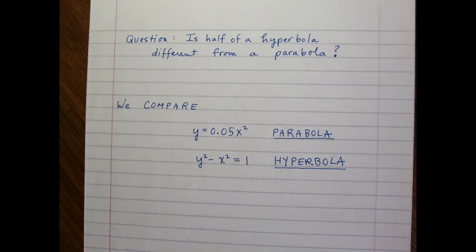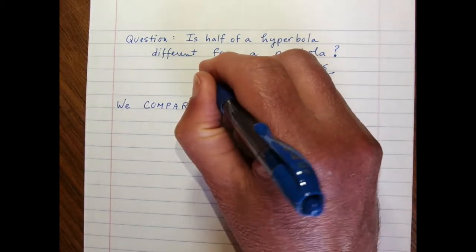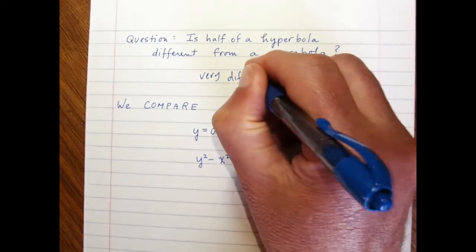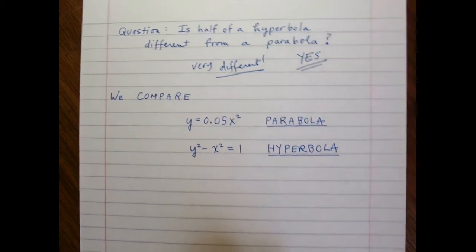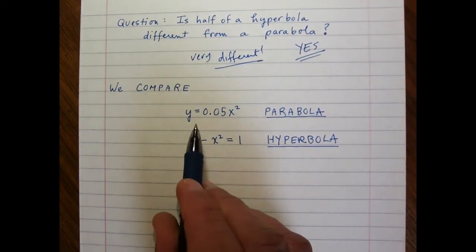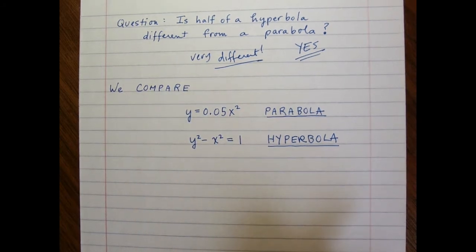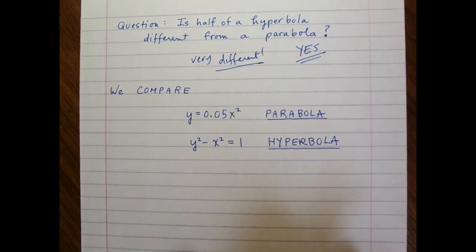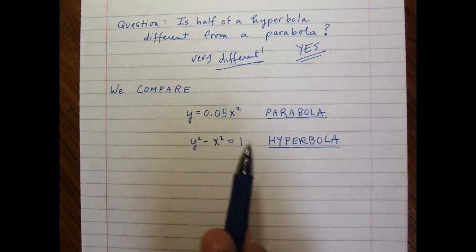Do you just stick two parabolas together to get a hyperbola? And the answer to that question is, they are very different. And just to convince you of this, I want to look at a couple of graphs. We're going to look at y equals 0.05 x squared, a parabola, and y squared minus x squared equals 1, a hyperbola. I introduced this constant, 0.05 times x squared, just to make the picture a little bit easier